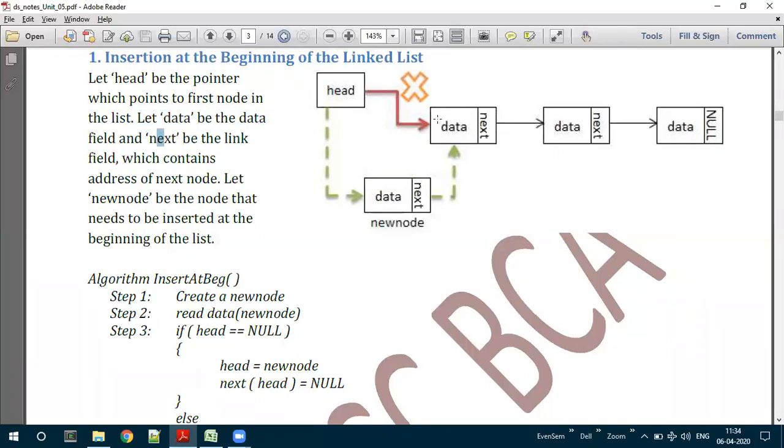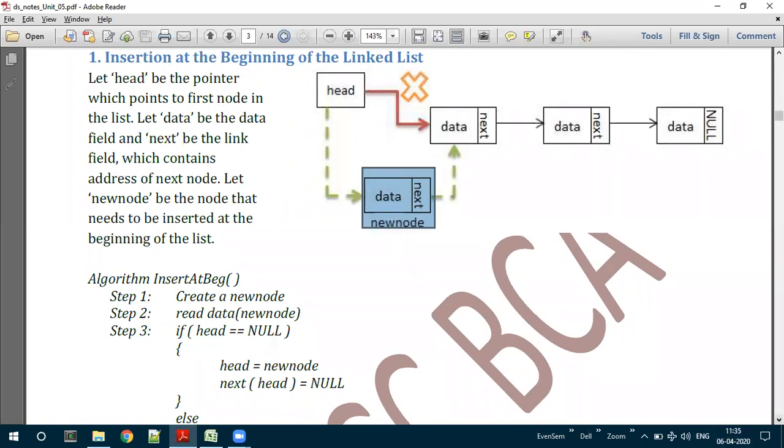Data is the data value, that is information, and next is the link field which contains the address of the next node. Then let new node be the node that needs to be inserted at the beginning of the list. So what is the algorithm?